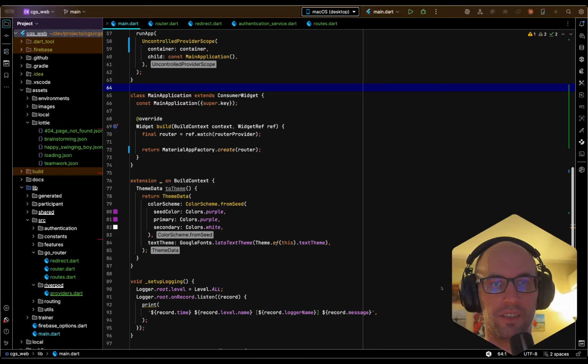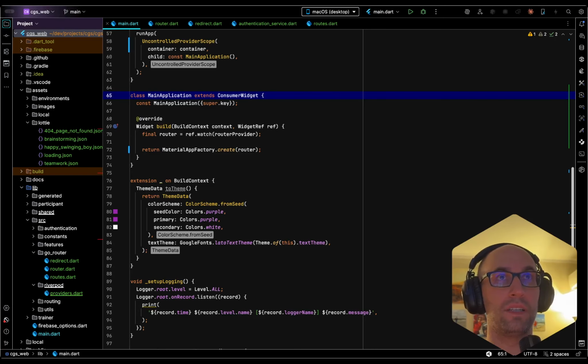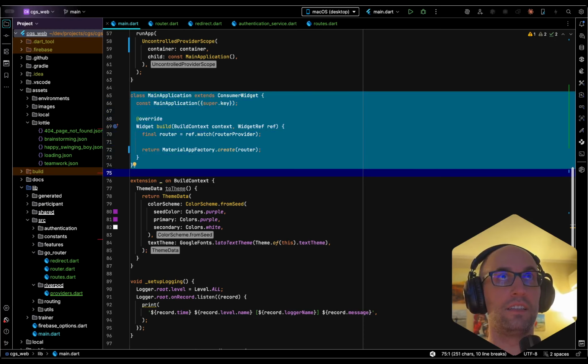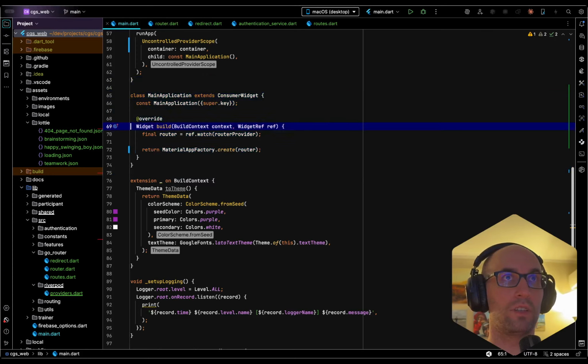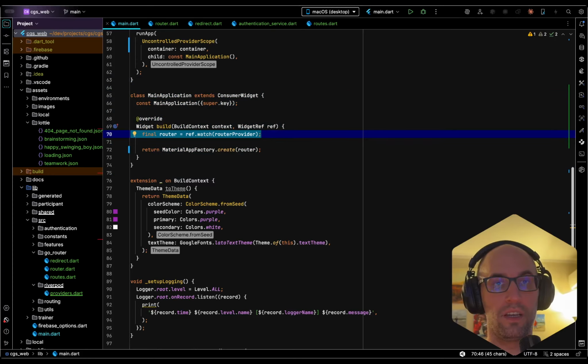Okay, so let me show you how you can prepare the application in Flutter with GoRouter. We will use Riverpod for that. And as you can see, we've got the main application here. This is in the main file and main function. What we can do is use Riverpod to reach our provider of router,